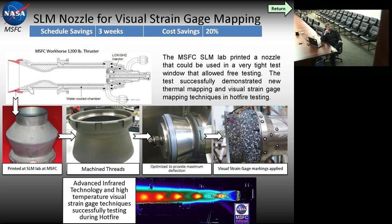It only took us a day or two to print that, and they machined it down as thin as they possibly could. We printed it at 60 thousandths walls, and they machined it all the way down to 30, and then did some hot fire tests on those, and they were actually testing a new technology here at Marshall for advanced infrared technology for watching the hot fires, as you can see in the lower center screen. But we were able to provide them a rapid turnaround, save them about 3 weeks. And actually, they probably would have missed their test schedule if they hadn't had that. On the next slide,